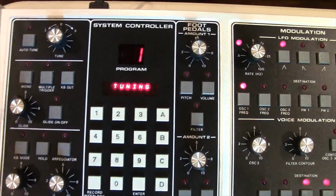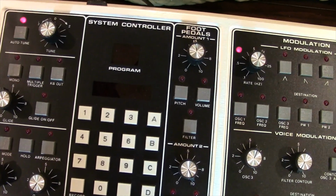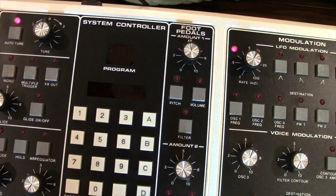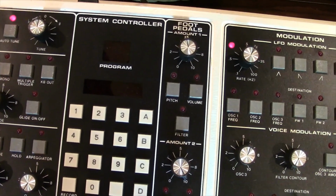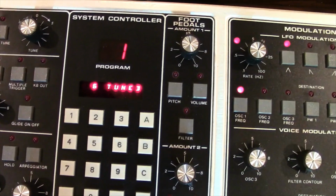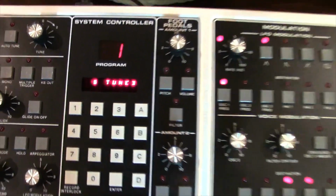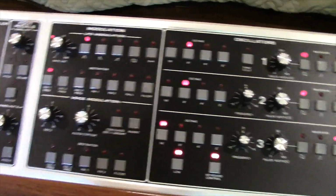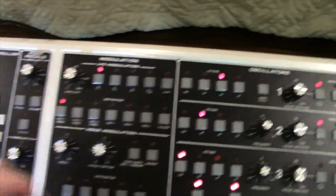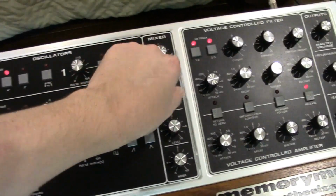So just to show you too, we'll hit auto-tune. Show you that everything tunes up here. Takes a little bit longer because there's some changes in there, but you can say 6 tuned, and I'll show you that all voices are working here too. We'll turn down all the voices except for oscillator 1. Turn everything off here. We'll go to sawtooth on all oscillators. There we go. So we got all of them turned down except for 1,